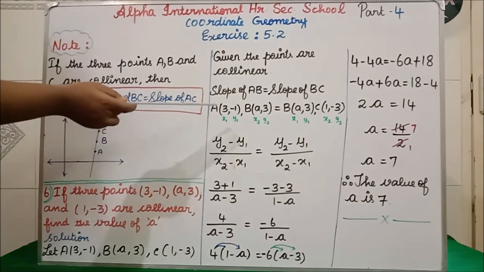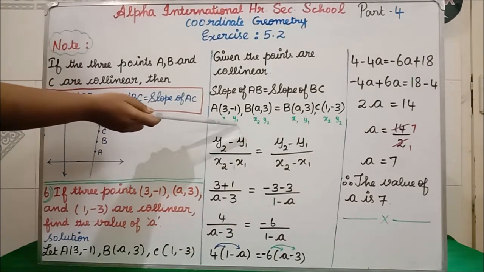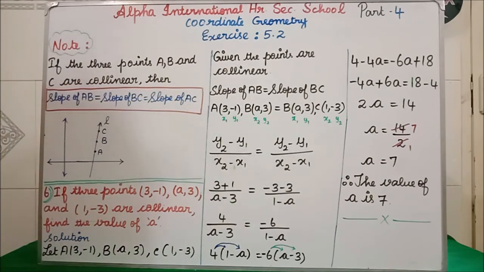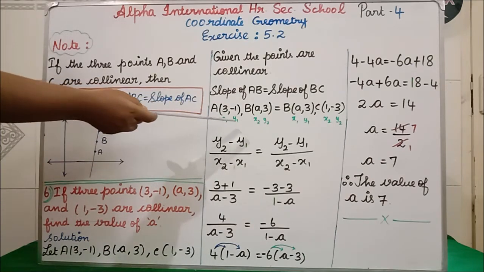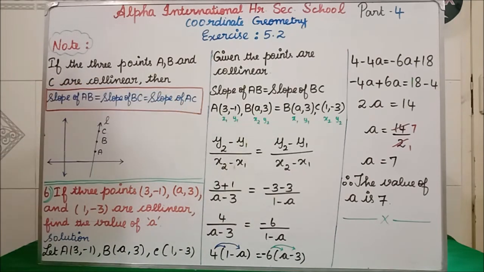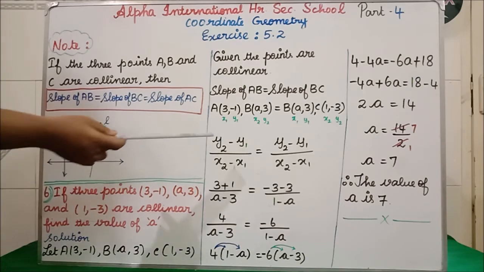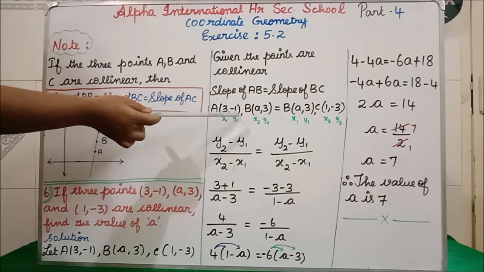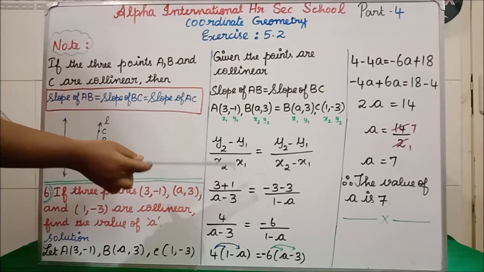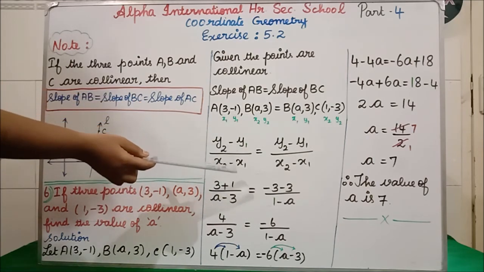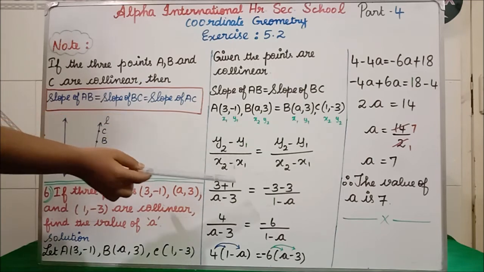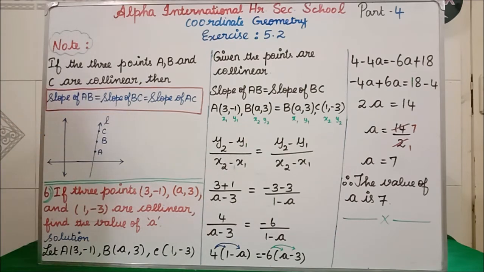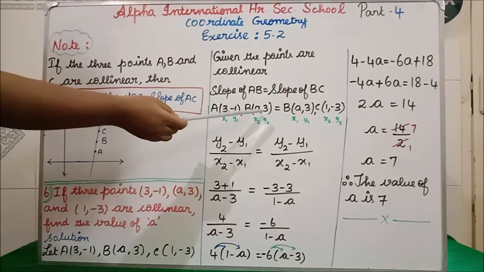Clear? I have told you, in pencil below you have to write x1, y1, x2, y2. Clear? This first one is x1, y1, and then x2, y2. Okay, what is our y2 value? 3. So you write here 3. What is our y1 value? Minus 1. So what here? Here 1 again, minus, minus, so it will become plus 1. Clear all of you? Plus 1 divided by, what is our x2 value? 3.